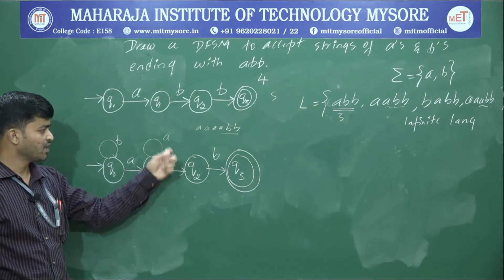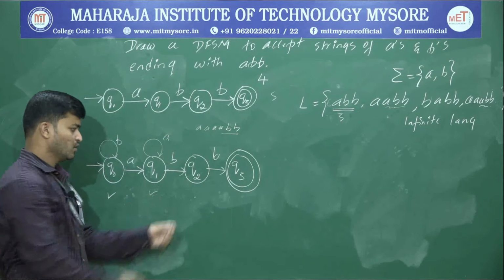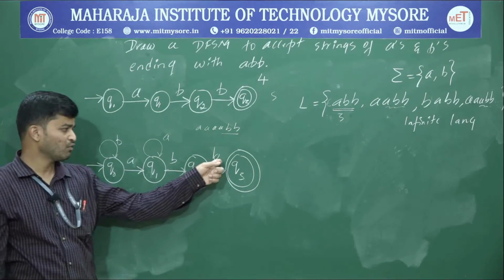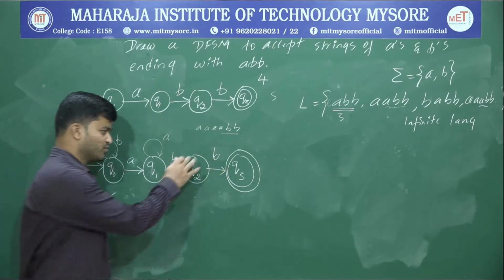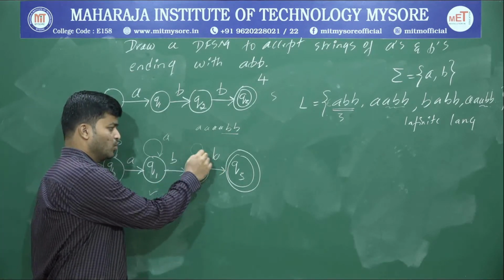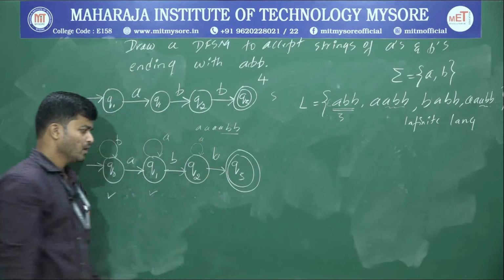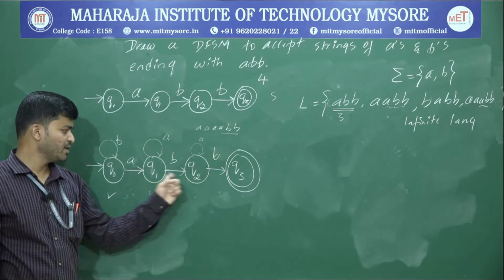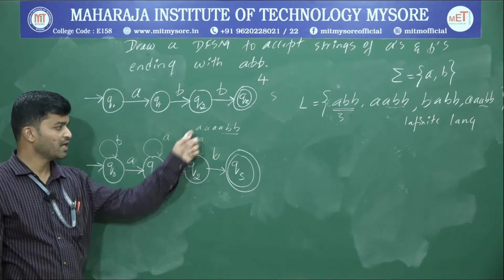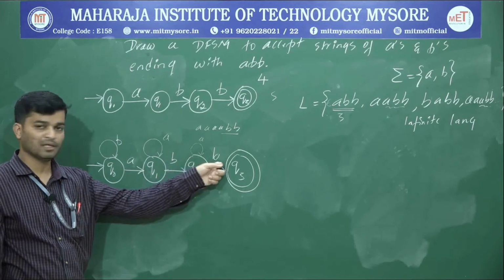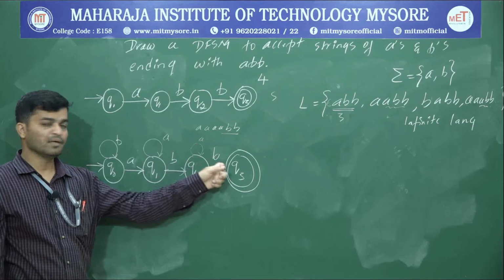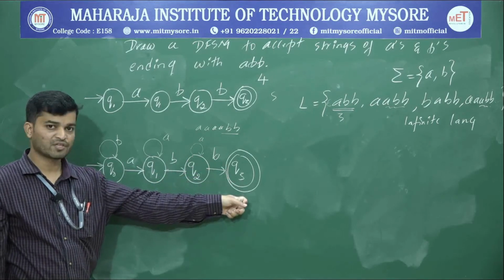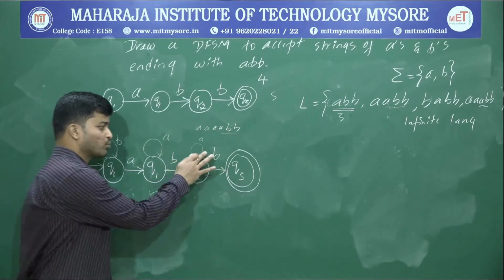Q1. Q1 has a path for A and a path for B. Q1 is also over. Next, go with Q2. There's a path for B. Now I have to give a path for A. So what's the first option? Loop. If I write a loop, what will happen? Upon A, just observe here, AB, next n number of A's, then I'll get B. That means it is ending with BAB before going to the accepting state. Therefore the loop is not a valid option.